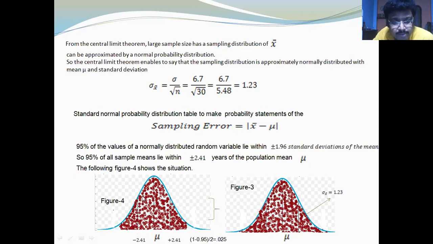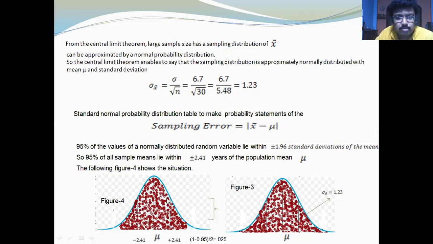So sample means are distributed around the population mean with a standard deviation of 2.41 years, and this area represents 95% of the values of a normally distributed random variable. Okay, 95%, because